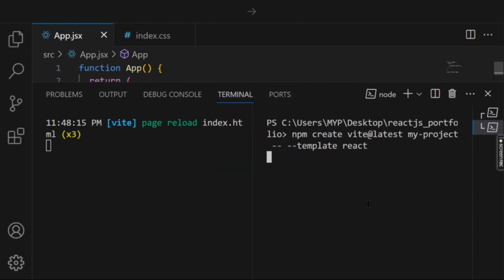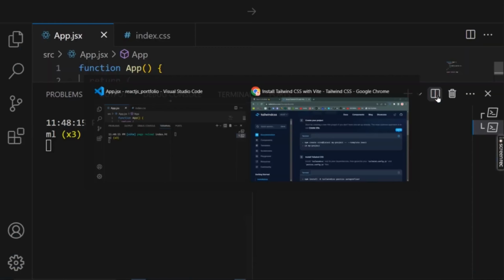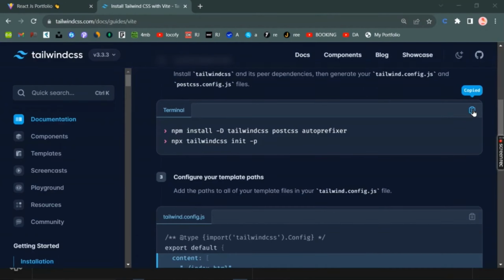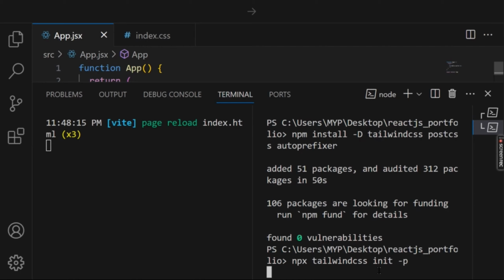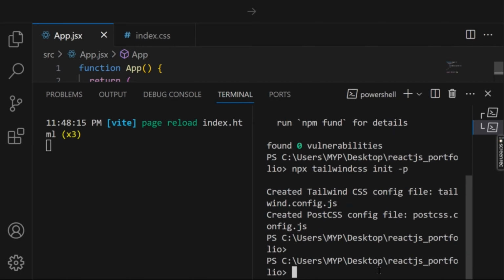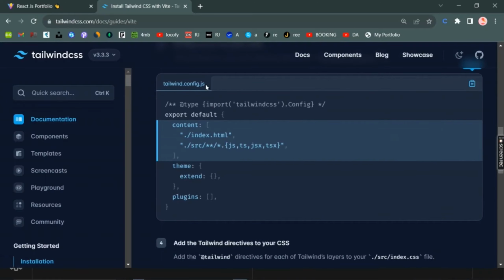Just paste the code here to install our Tailwind CSS. We only need to paste this code, which is npm install -D tailwindcss postcss and autoprefixer. We don't have to do the first thing on the Tailwind CSS website, which is the creation of the project, which we have already done. Now we are installing Tailwind CSS. After that we also have to write npx tailwindcss init -p, and it will create a file which will be the tailwind